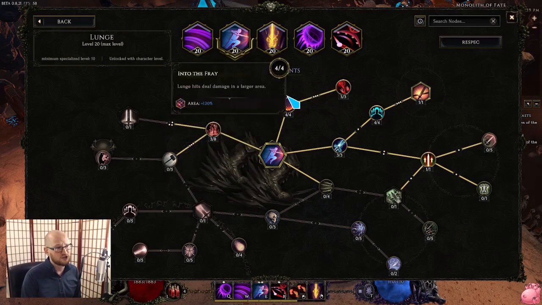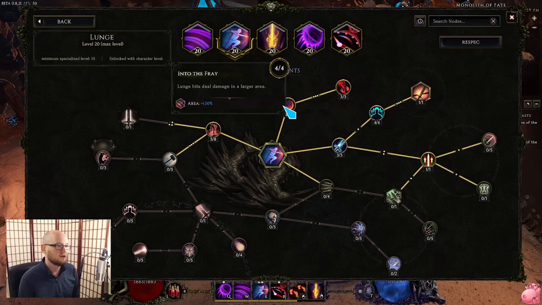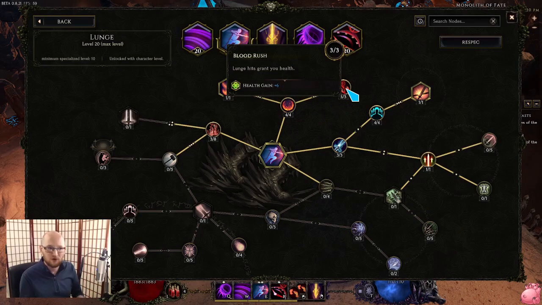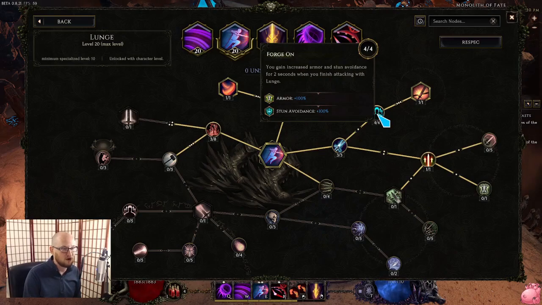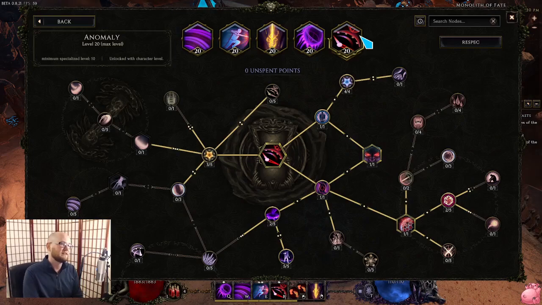But other than that, we're just happy enough to have +1 Lunge, invulnerable or invincible while lunging, then a little bit of life gain on hit, a little bit of an increased area of effect to make sure that we're hitting more stuff so that we can gain more life here. Some mana efficiency, some armor and stun avoidance. I'm happy enough to have this, but the last thing here, this is kind of fluff. We could respec Anomaly into something else, but I think it's good enough, and it's a good role player here